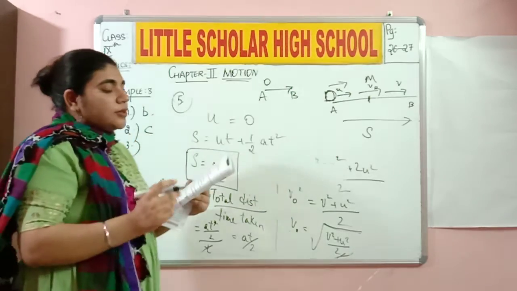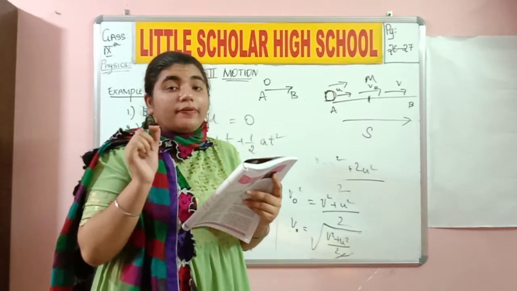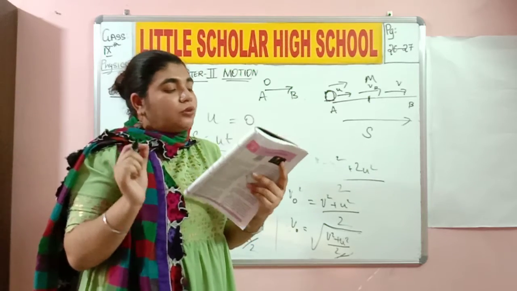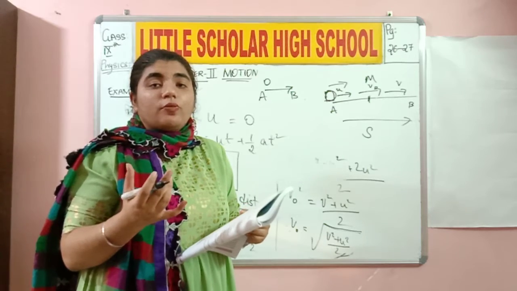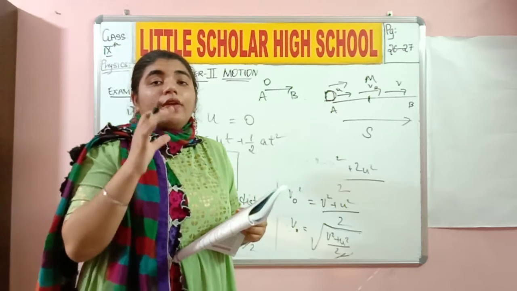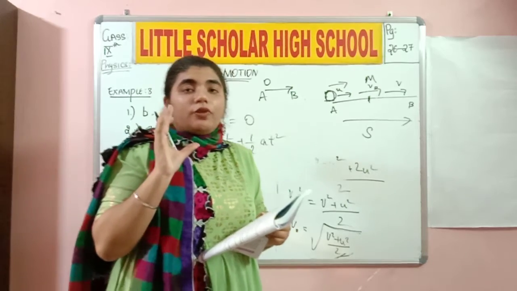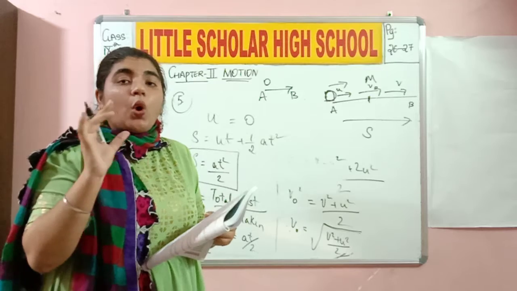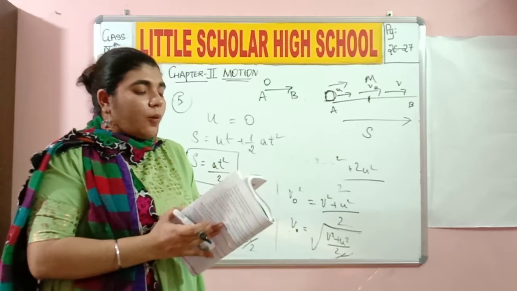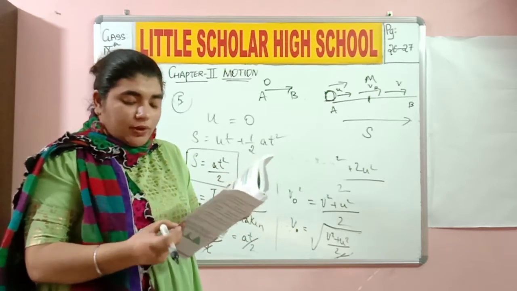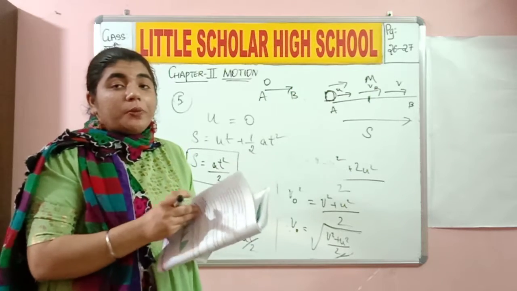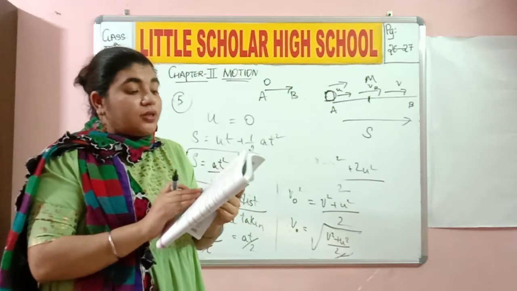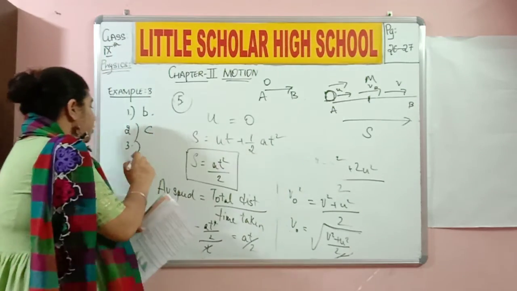Third one, if there is a change in the velocity of the object, then the state of the object with respect to motion is the state of non-uniform motion, because the velocity is changing. If the velocity of a body is changing, then the body is said to be in non-uniform motion. This is a proper definition given on page number 21, right hand side, the third line. Motion of an object is said to be non-uniform when the velocity is changing. So third one is option D.